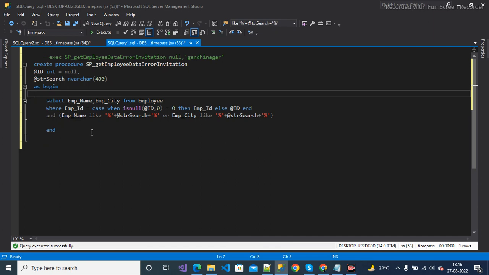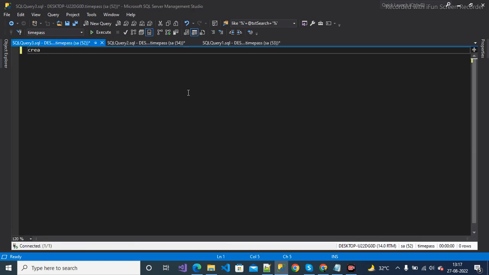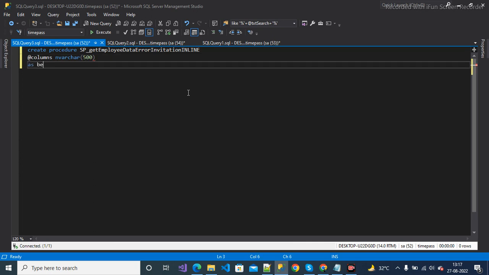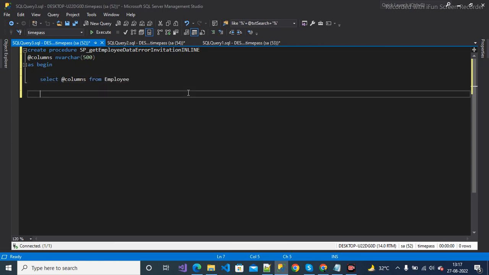This is a simple procedure, but now we want to create an inline procedure, and let's start. Inline and columns and